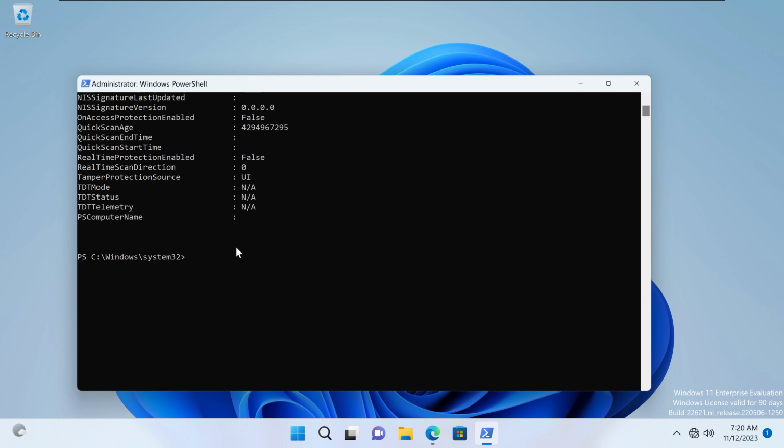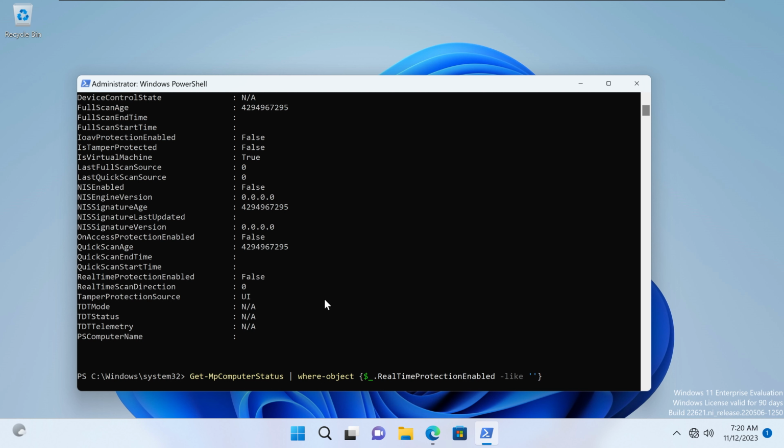Conversely, if I change this to true, there's no output. And the reason there's no output is because this conditional is false, and because it is not true, it does not output the results. So just to review, our command will return data when the condition is true, and if the condition is false,